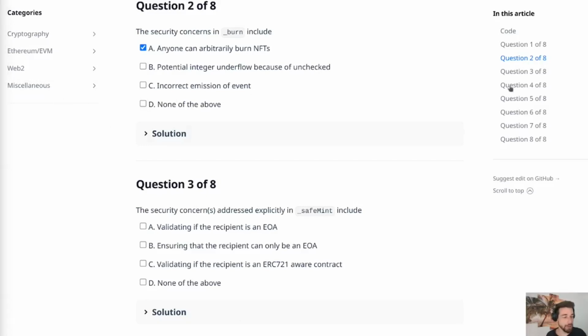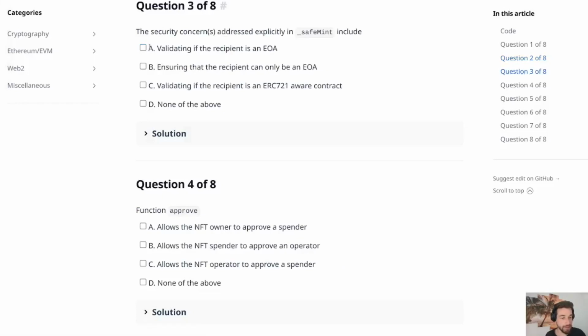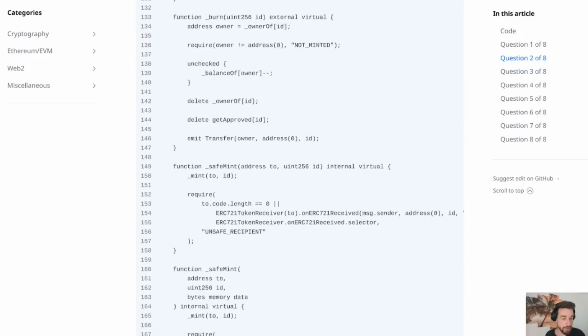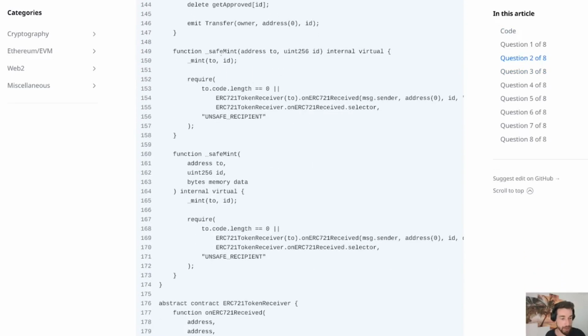Moving on to question number 3, which says that the security concerns already addressed explicitly in the underscore safeMint function include A, validating if the recipient is an EOA, B, ensuring that the recipient can only be an EOA, C, validating if the recipient is an ERC721 aware contract. So if we look for the underscore safeMint function, we can see there's actually 2 of them,